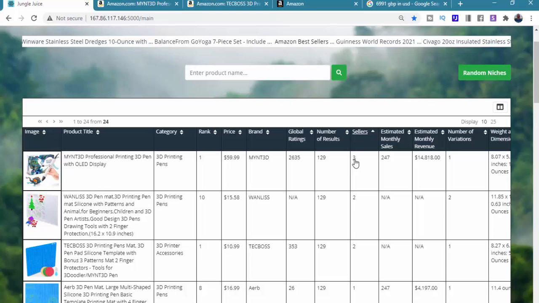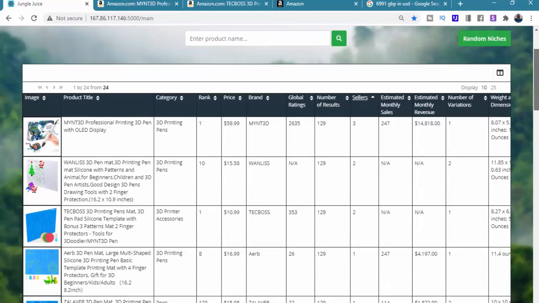Your product rather has to be identical to the listing. Otherwise, you as a seller, you're going to get in trouble. But it's a good telltale sign, and it's something to investigate further. So that's another really good thing that we have with the software, is you can see how many sellers there are,